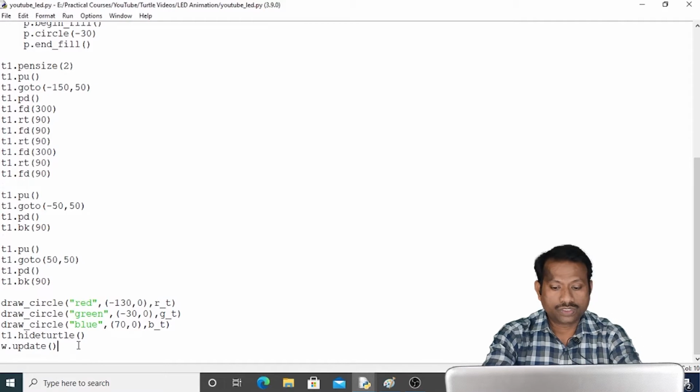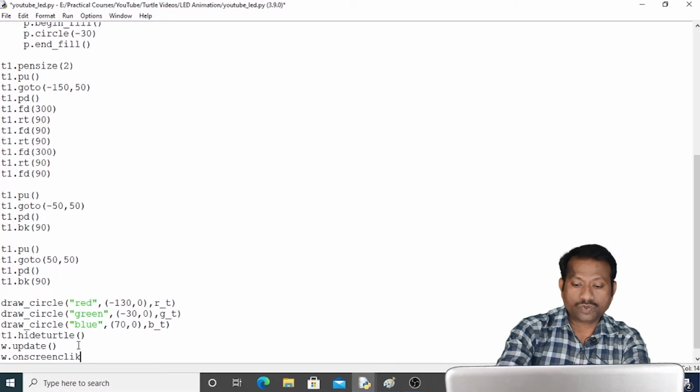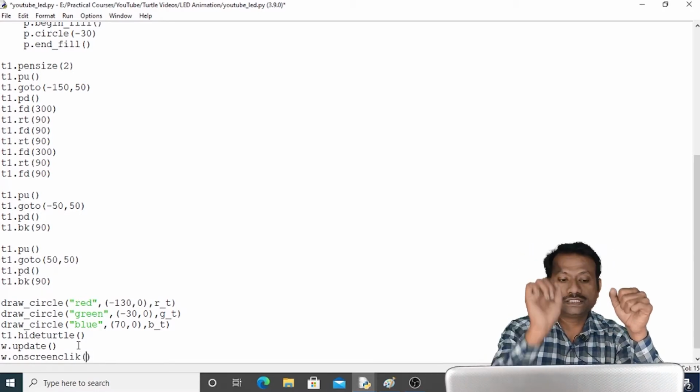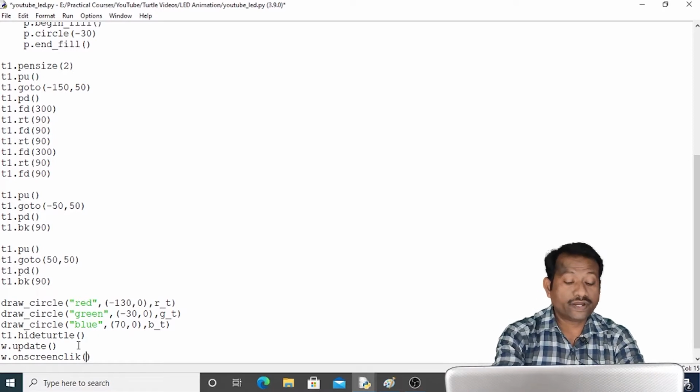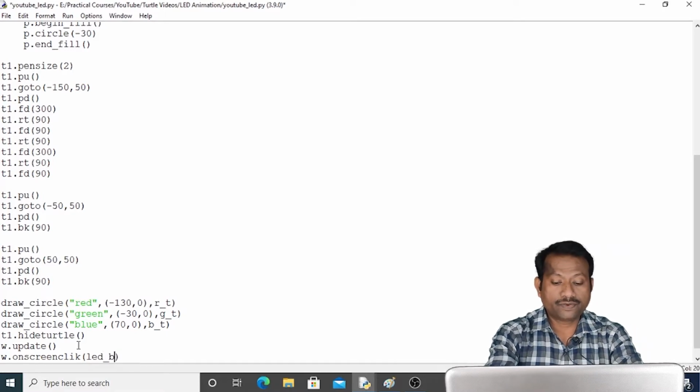The command is w.onscreenclick. What this command will do, it will call the function inside the bracket, and now we are defining one function, that is LED blink. Any name we can give. Here I am giving LED blink name.